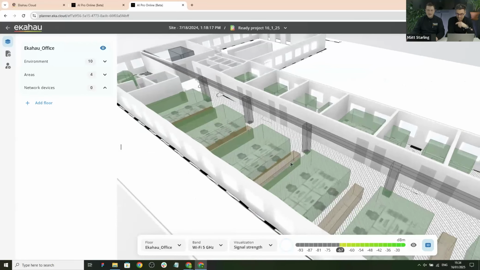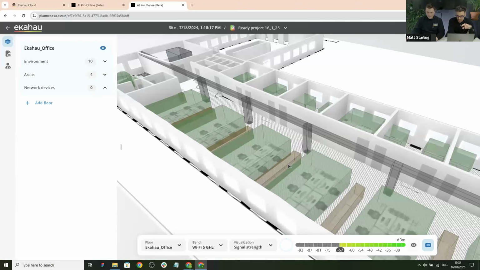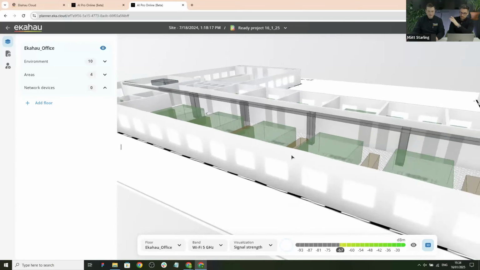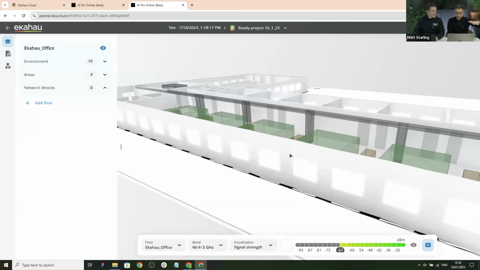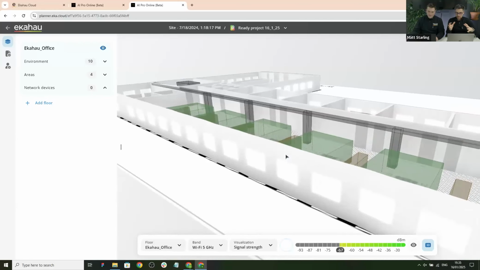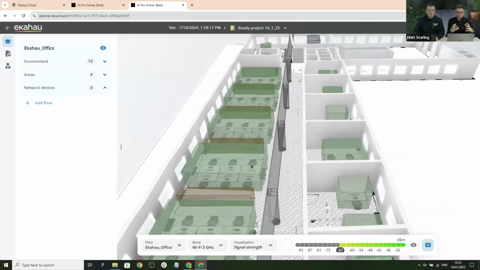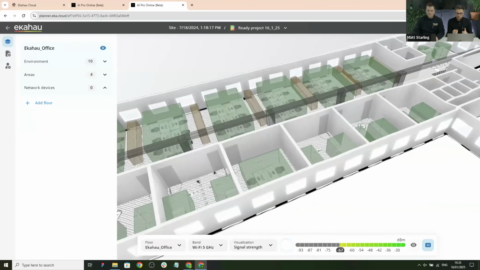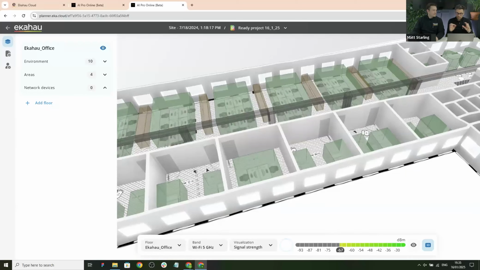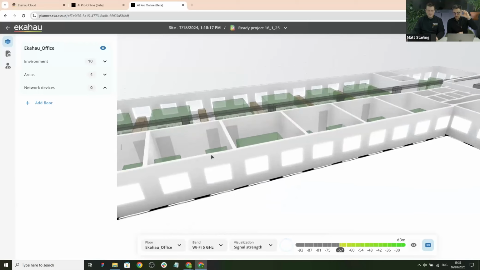Hey Vlad, just pause there for a second, because that really accurately reflects what we have in the office, the pillars, and the beam that comes down supporting the floor. Yes, this is such a nice way to visualize your environment and make sure you have built it as accurately as possible. I really love what the team has done with the windows, that they're not floor to ceiling, and the same with the doors, which only go up to a certain height with a gap still there.